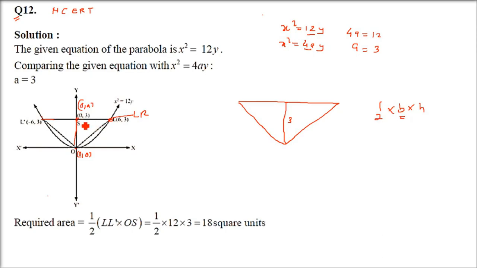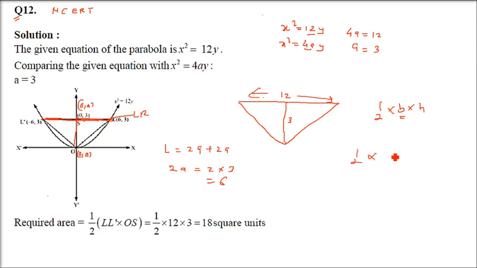Perpendicular is 3. See, this is the latus rectum. Latus rectum is nothing but 4 into a. First let us find out the two parts. Latus rectum, one part is 2a. Actually it is 4a, 2a plus 2a. But this is 2a, this is 2a. So 2a is what? 2 into a is 3. So 2a is 6. So one half is 6, other half is 6. Total length of the latus rectum is 12. From here to here it is 6. So from here till this is 6, 6, so 12 is the base.